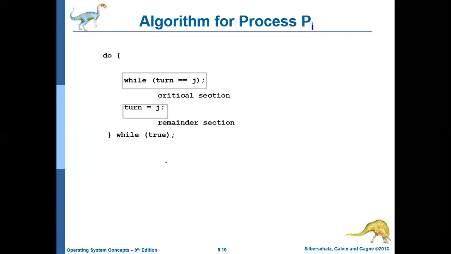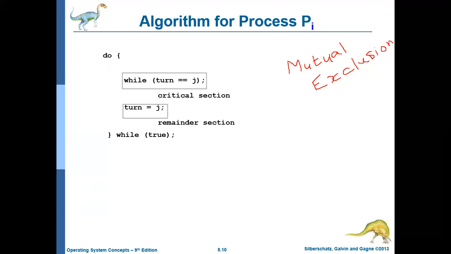It is achieving something called mutual exclusion. This mutual exclusion is a key term in the context of process synchronization. So what is mutual exclusion? If one process is in the critical section, then no other process should be in the critical section. That concept is called mutual exclusion. So if process X is in the critical section, then no other process should be allowed to be in its critical section.